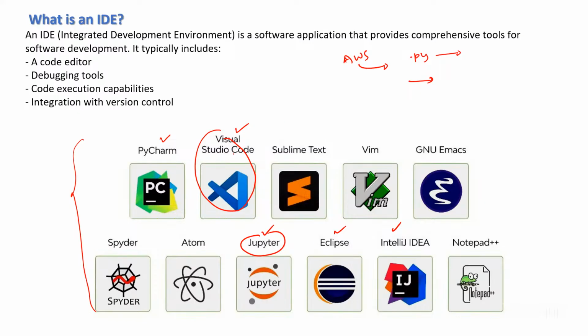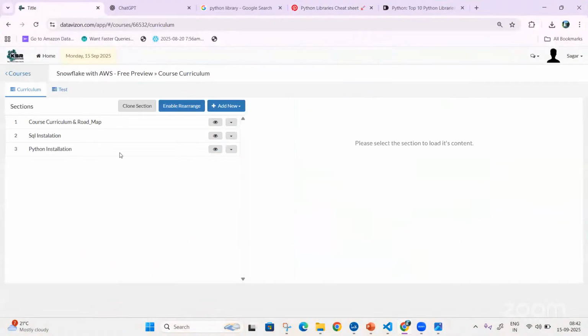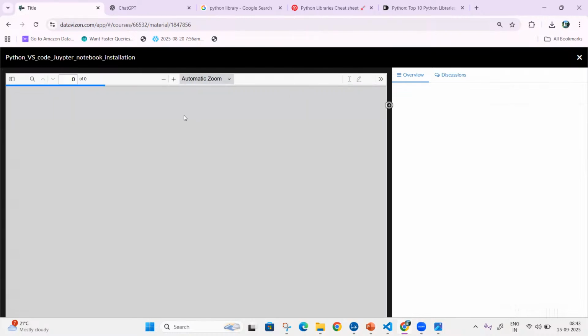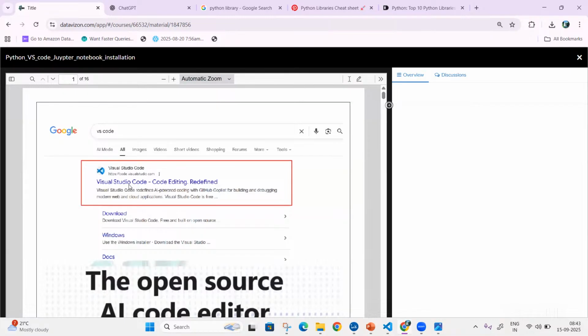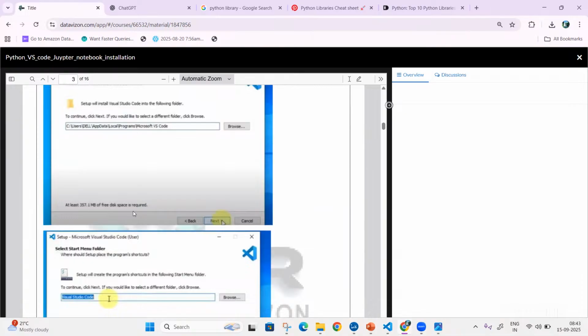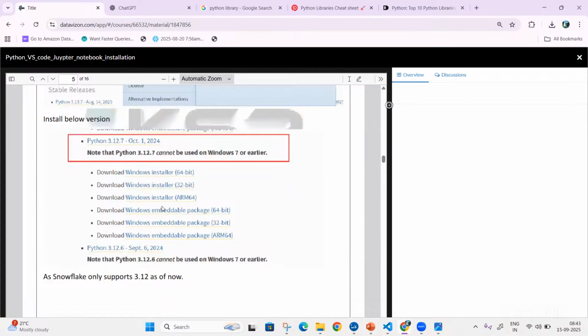Now, how do you install these things? Those things have already been given. You come and see in your particular batch, there is something called a guide. You already have a guide on how to install these applications. For Visual Studio, each and every step you have to follow has been given. Please go and install that.